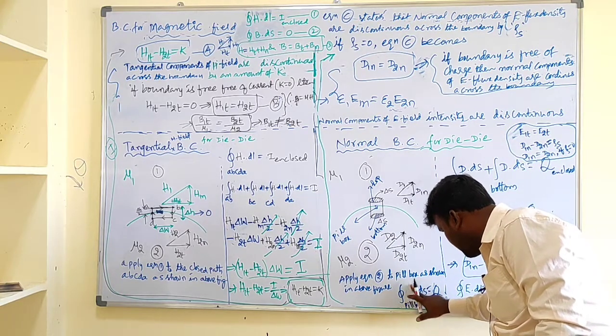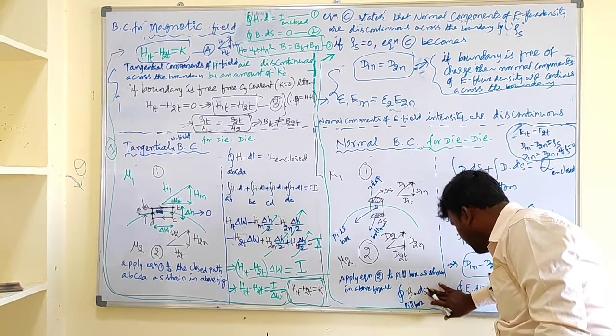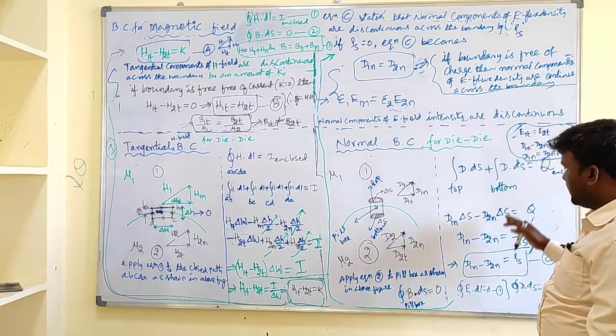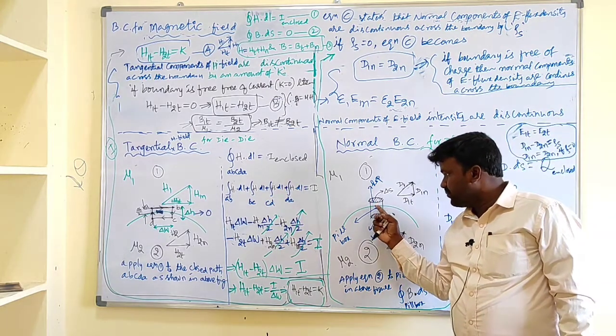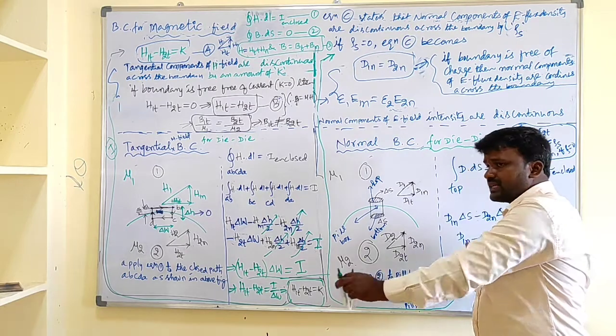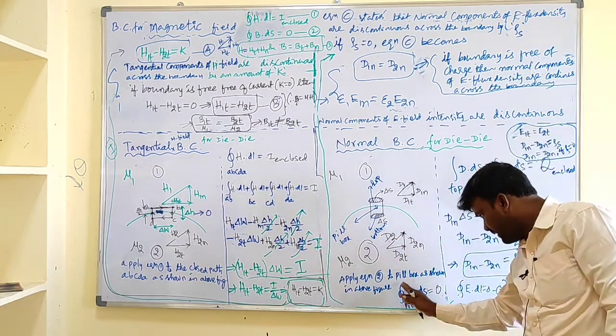We need to replace D dot dS with B dot dS, which equals 0. In the previous case it is non-zero, here we have to take 0. The contribution from the side surfaces is 0, whereas there is a contribution from the top and bottom. So that's why we have the integral of B dot dS.